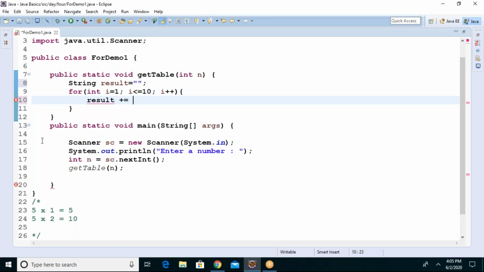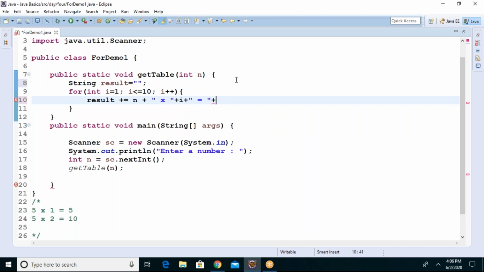Tell me. First 5, that means n, the given number n, right? Then after that the x symbol, which is fixed. Then plus 1 2 3 4 5, that means i. Next the equal symbol, within quotations you put the equal symbol.